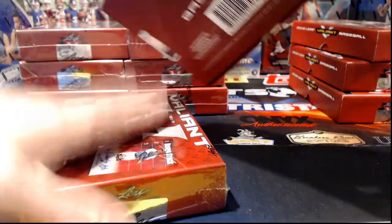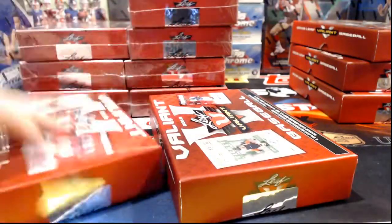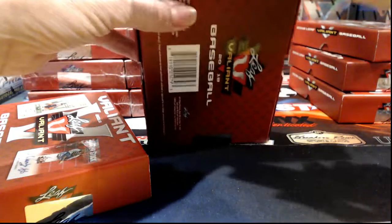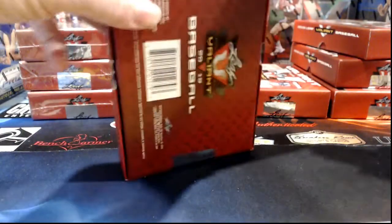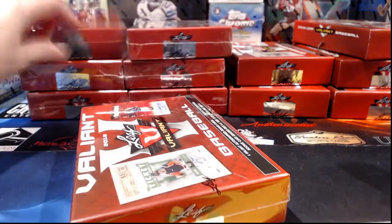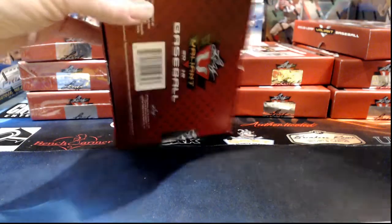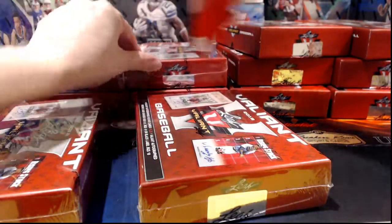And the other one that I like a lot, we haven't seen it yet. It's coming up next. Why did I draw a blank? Good grief, it's the one that has the really nice patches. I talk about it all the time. I know the name of it as well as I know my own name, and I am just drawing a total blank right at this exact moment. Well, it'll come to me sometime along the way. But anyway, I like that one a lot too. If I could remember the stinking name of it, I would tell you. I know it. We break it every year, but for whatever reason, I think my brain kind of short-circuited today